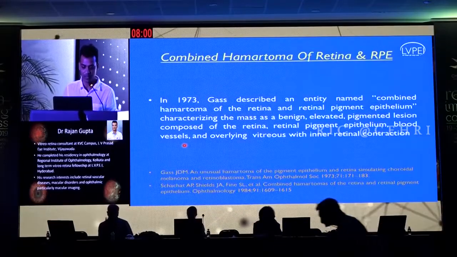It was described in 1973 by Gass as a benign elevated pigmented lesion composed of retina, retinal pigment epithelium, blood vessels, and overlying vitreous with inner retinal contraction. Based on his clinical observations, he laid out certain clinical features consistent with the diagnosis of combined hamartoma. Amongst them, there were 7 clinical features he described, with the elevated gray white lesion extending in a fan-like projection,